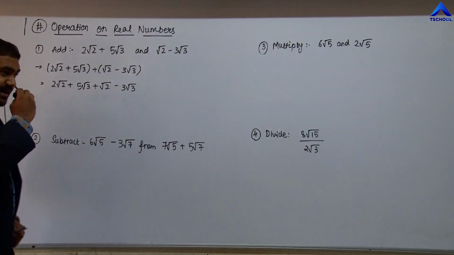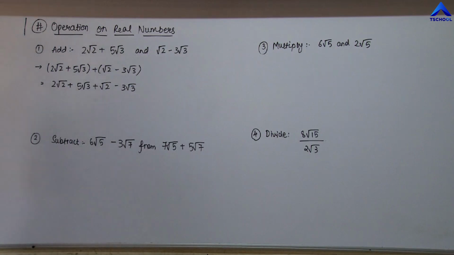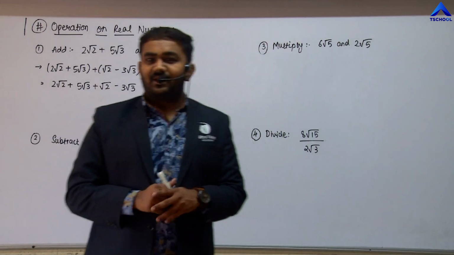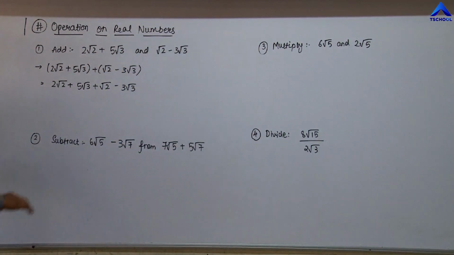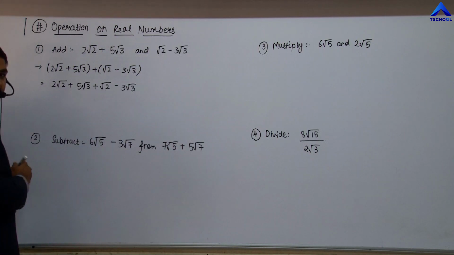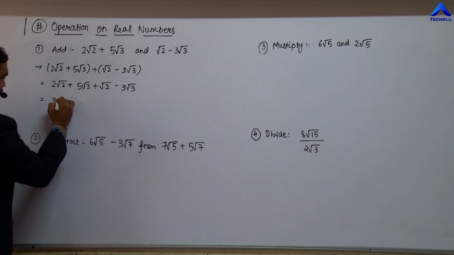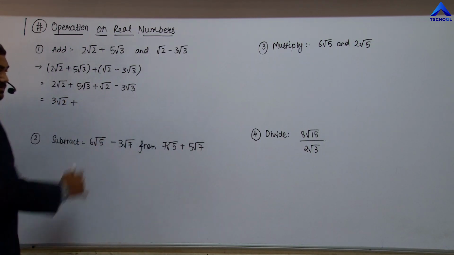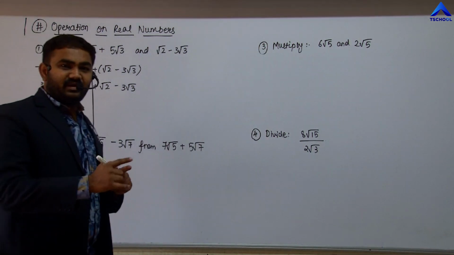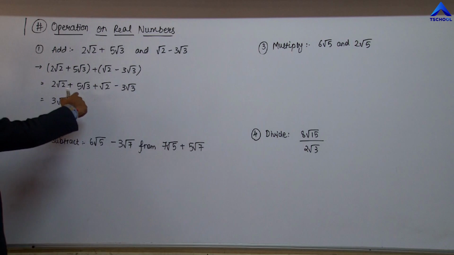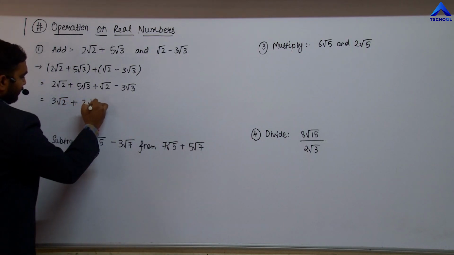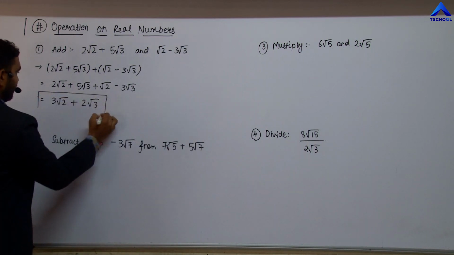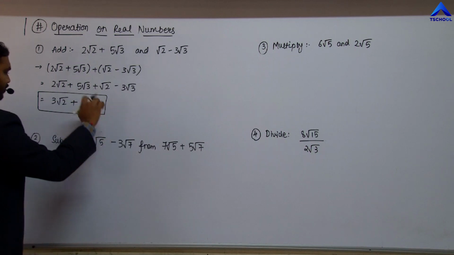So if I say that I am having 10 apples, that means 10 into root 2. Let root 2 be the number of apples, right? 10 apples, that means 10 root 2. Here I am having 2 root 2. So first of all, we shall count how many root 2's we are having. 2 plus 1, 3, right? So that is equal to 3 root 2. Plus 5, but here it is minus 3, so now we are not going to add them, but we are going to subtract them. So that is 5 root 3 minus 3 root 3, and that is equal to 2 root 3. Is it clear? So the answer to the question is 3 root 2 plus 2 root 3.